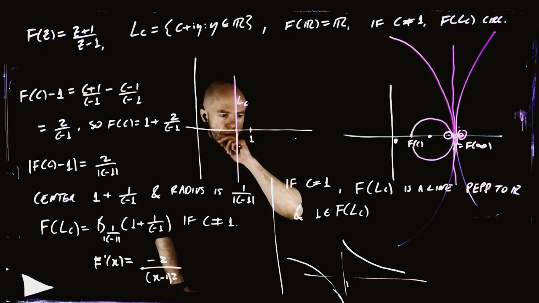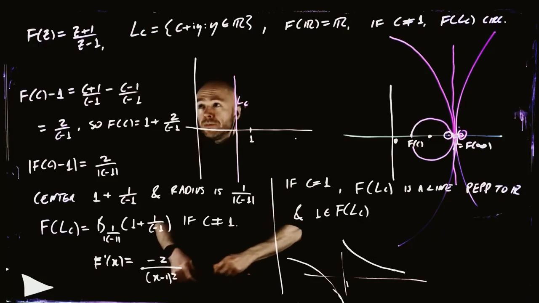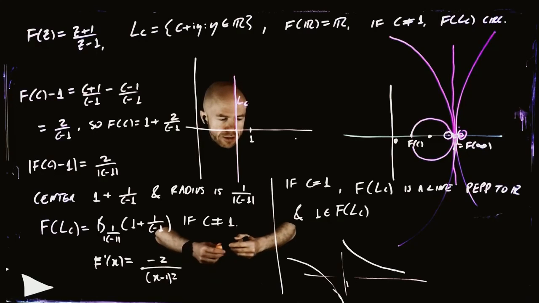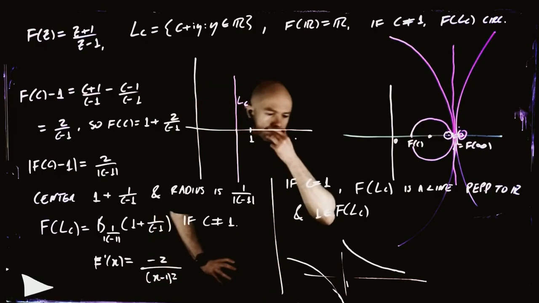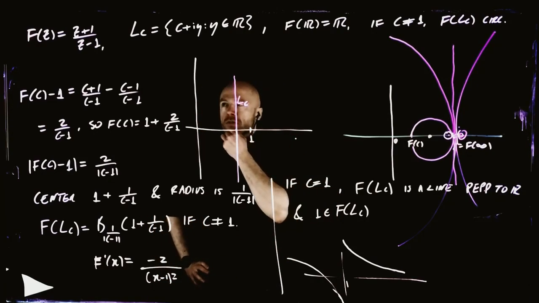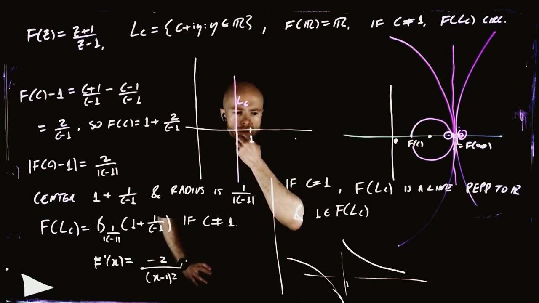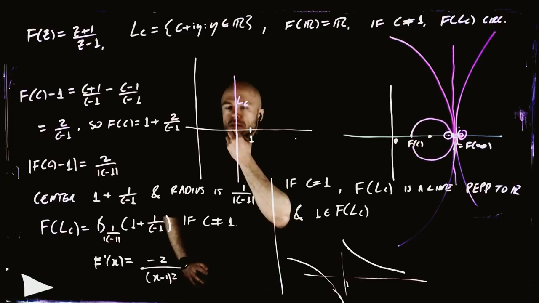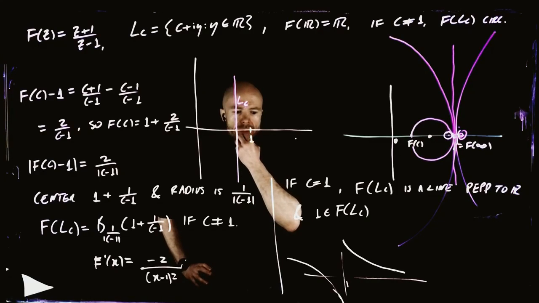Yeah, and so that's another way we can tell that for c which is bigger than 1, then f of c is bigger than 1. And for c which is less than 1,